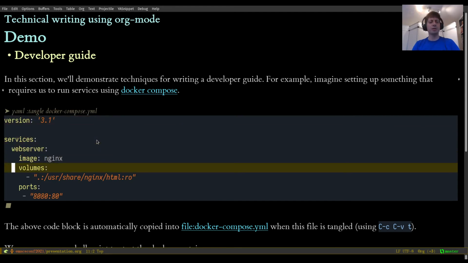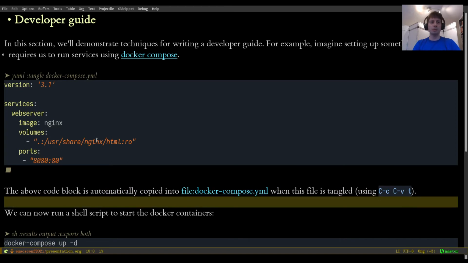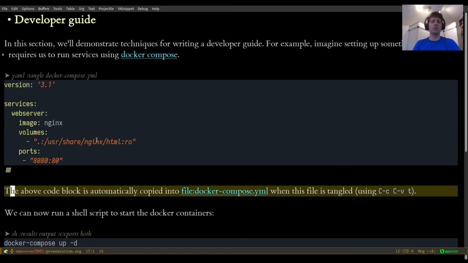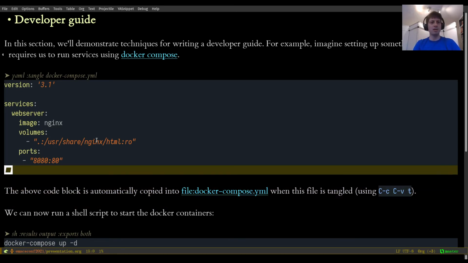And that's very nice because conceptually, we don't actually need to leave org mode. We can say something about this file and have the contents of the file in the same descriptive document, while also having some actual side effect of the file existing on disk and us being able to interact with it. For example, we could, now that the file is there, invoke Docker Compose and actually create the Nginx web server that we're defining here. So let's do that.